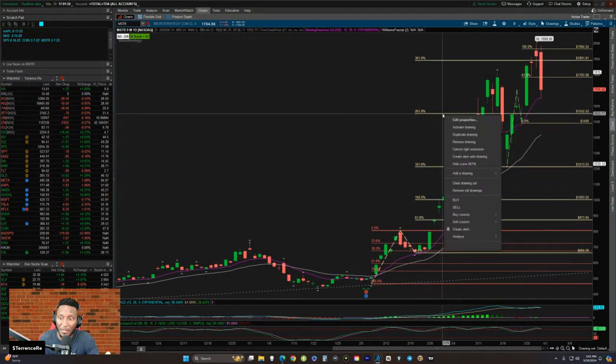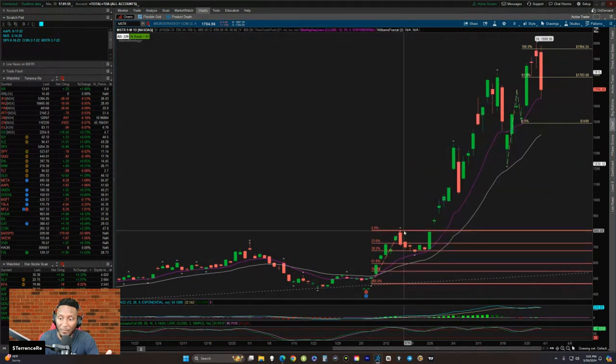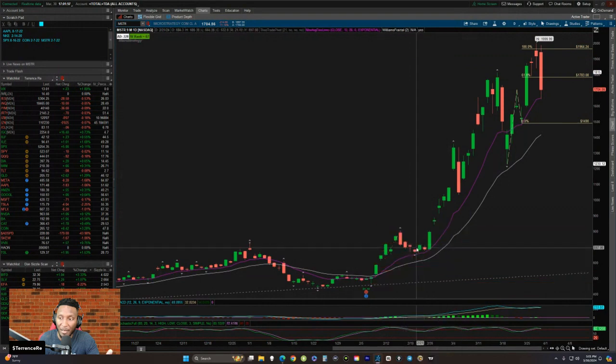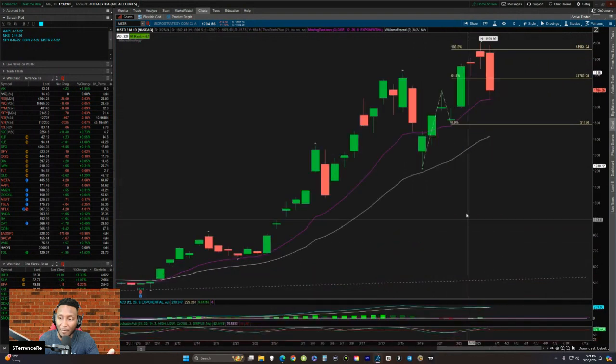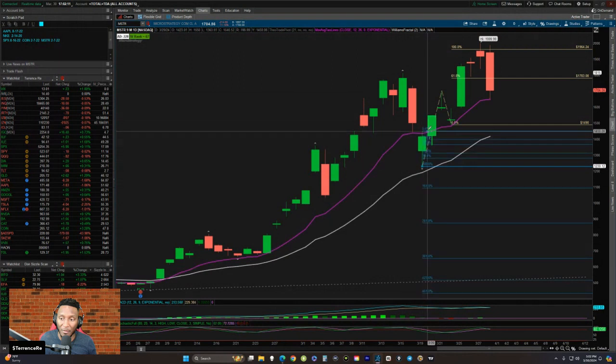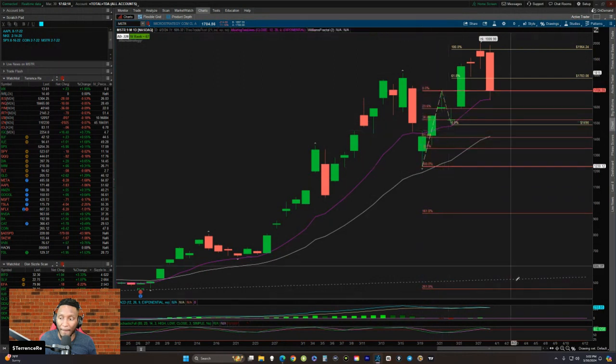But I'm gonna take these off so you can see that better. I could just see that. You can see the move. Now, I didn't even have to put the retracement on because I could just see it. Watch how perfect the levels are. From here, boom. Look at that. It pulled right back on MicroStrategy right here in the sweet zone, 38.2. Boom, boom, boom. Hit 100 and then turn.